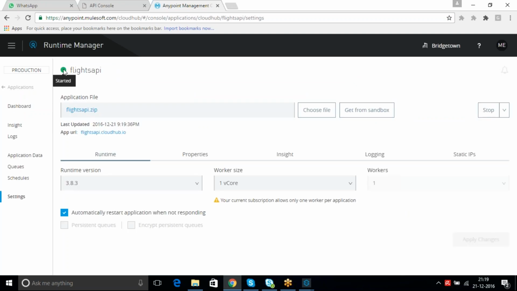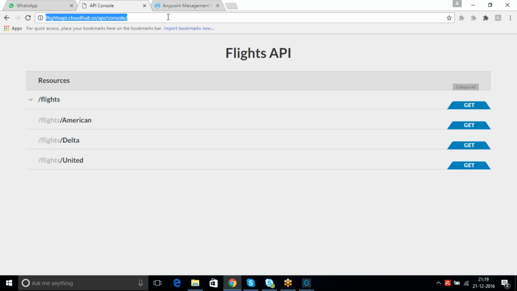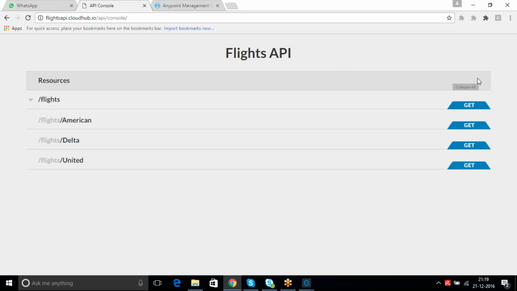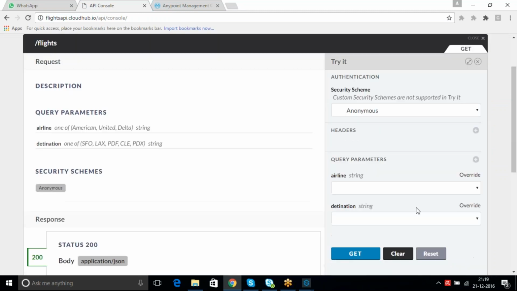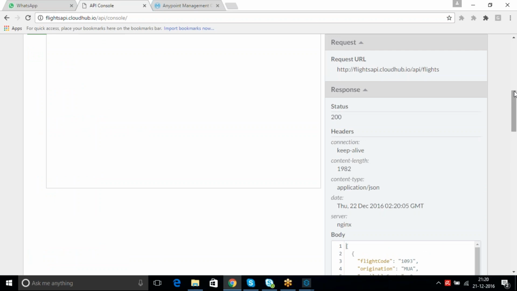It changed to started mode, the green symbol, you can see that, right? Now just refresh it, and you can see that the page gets loaded. Now you can see that it is working properly, right?